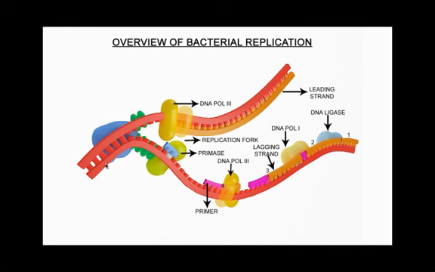Primase provides a starting point of RNA or DNA for DNA polymerase to begin synthesis of the new DNA strand. And telomerase lengthens the telomeric DNA by adding repetitive nucleotide sequences to the ends of eukaryotic